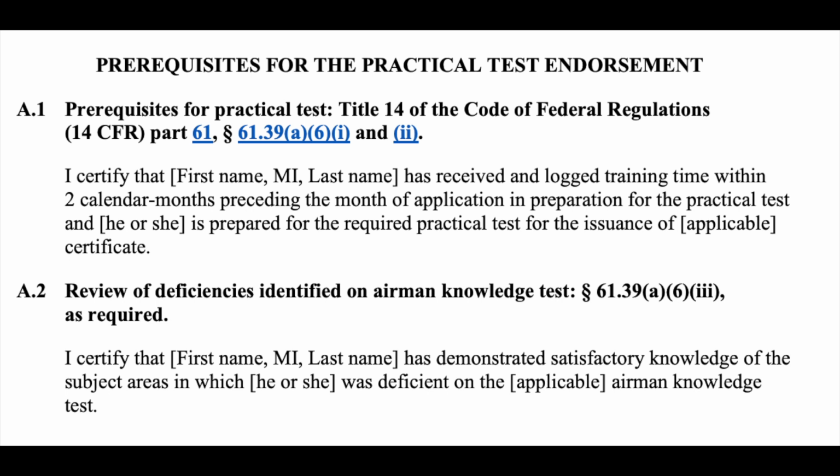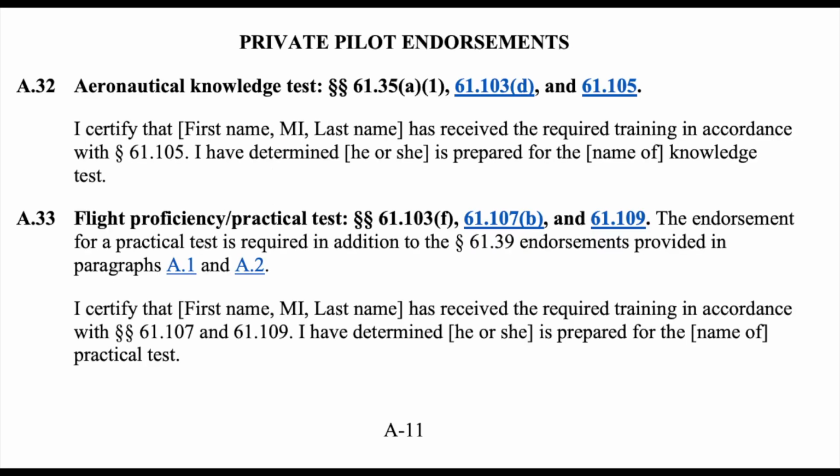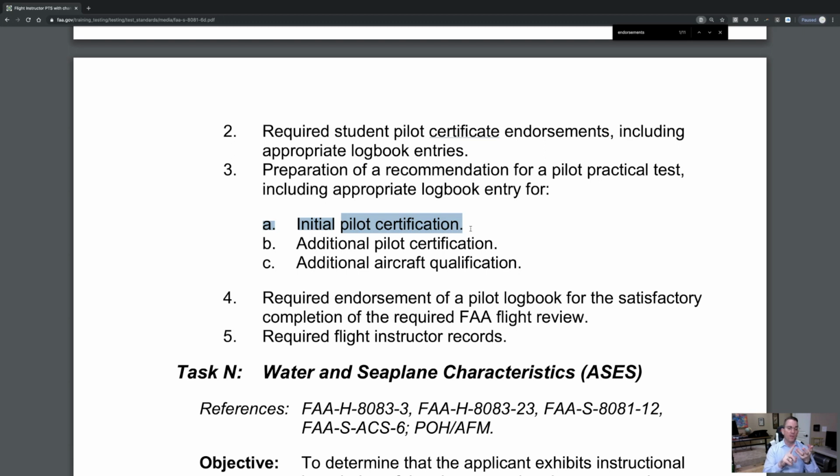And the Alpha 2 is only if they don't make a passing score of 100 on their knowledge test. So if your student did not make a 100, you would have to give the Alpha 1, Alpha 2, 32, and 33. If the person made a 100, then you would only give the Alpha 1, the 32, and the 33. And the Alpha 1 says they're qualified to take the test, and the Alpha 32 was your endorsement